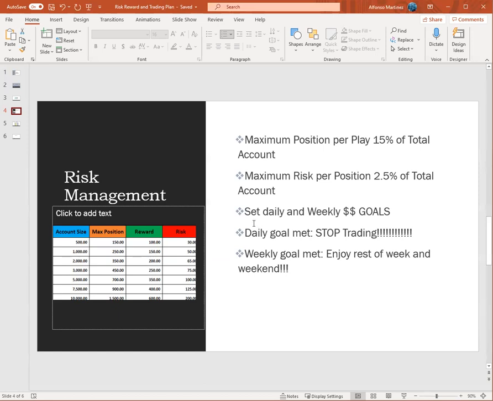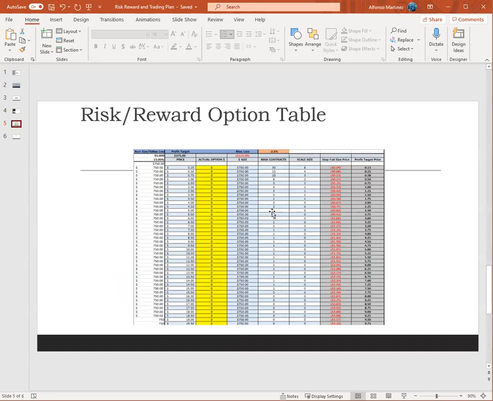Okay, how are we going to execute this? Because we already know the foundations, we already know our reality, our account size, we know how much we're going to play maximum per position. We already know where we risk and what reward we're looking for. And how are we going to translate this to